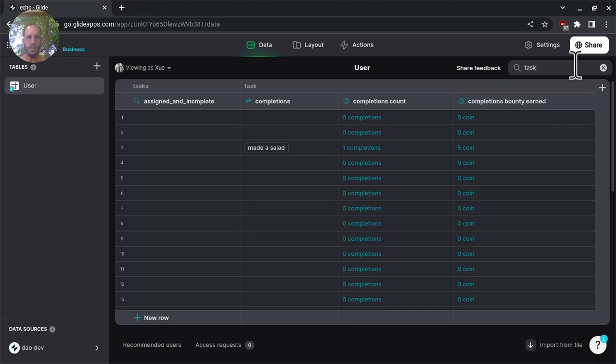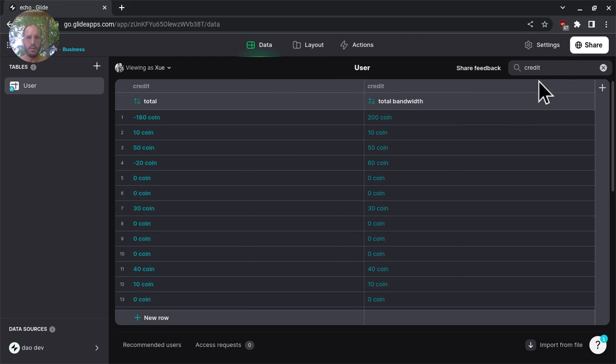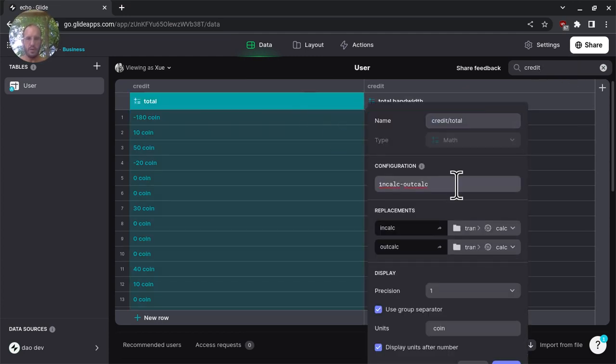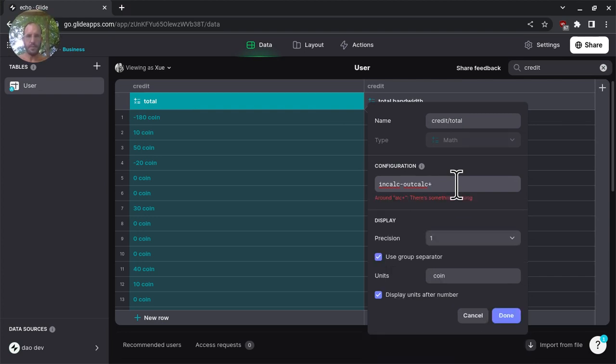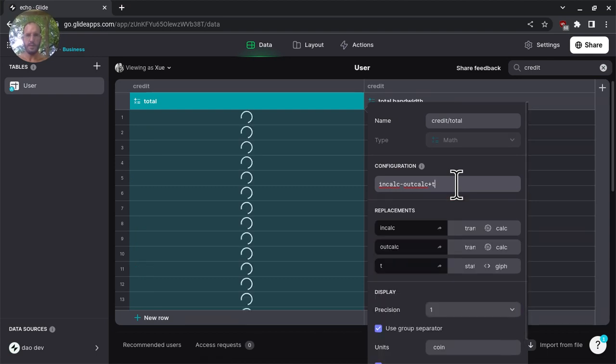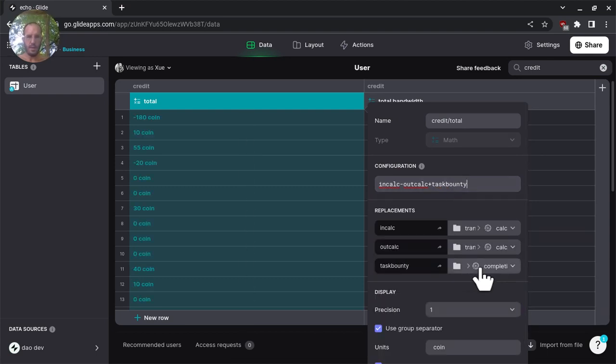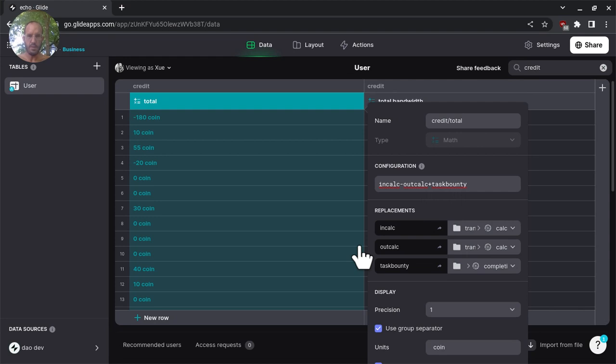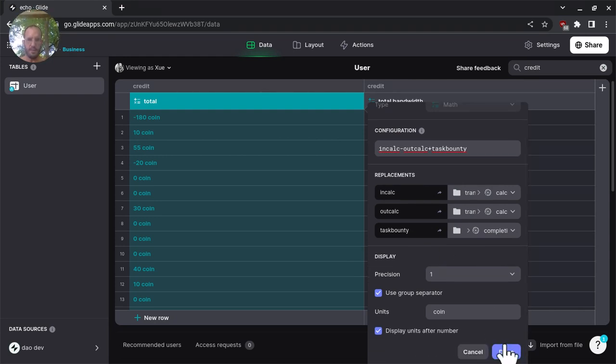So credit, total bandwidth, and then the total should, you're adding bounty, task bounty, and that is going to be the task completions bounty earned, right? So Sway should have 5 more coin,